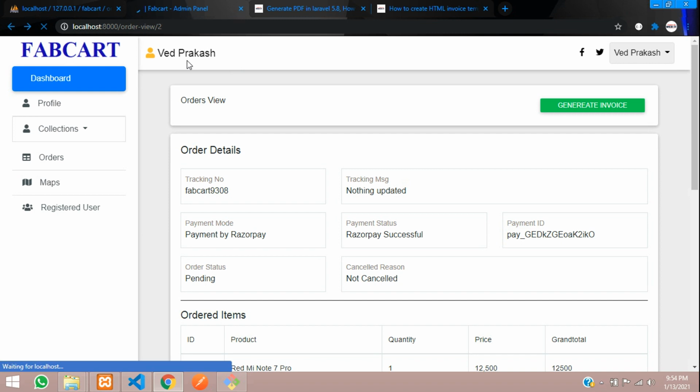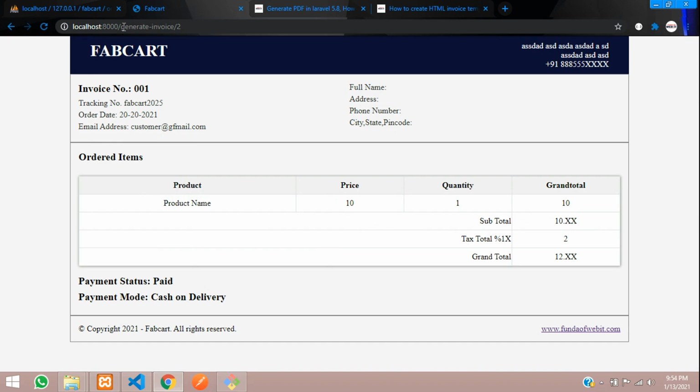Okay, it's reloading still, and now let's click on this generate invoice. So let me click over here. You can see generate invoice where ID is 2, right? So with the help of this ID, you are going to fetch all the data of the user, and the tracking number, order date, and pending delivery date, whatever you have created. Okay, and here the company address and all you can give, and many more things. So guys, let's get started with it. So simple.